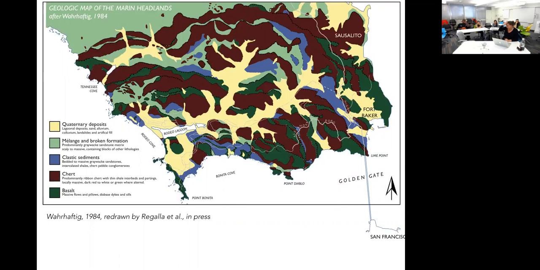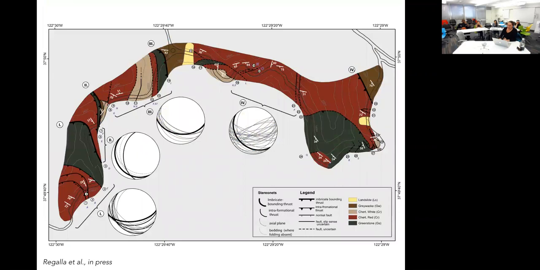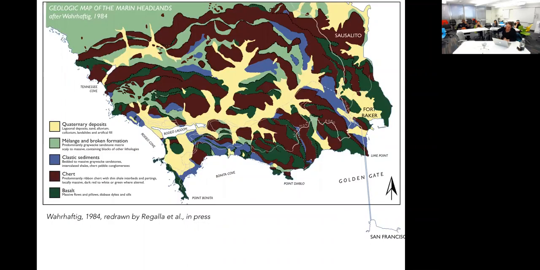And this was identified by the great Californian geologist Clyde Wahrhaftig in 1984. And he used to take his intro mapping classes here, which I think is not very fair because all of the units are the same. They repeat 17 times. The exposure is not that terrific, but it's a really gorgeous place to walk around. You're right over the Golden Gate Bridge. The scenery is very nice. But like I said, the